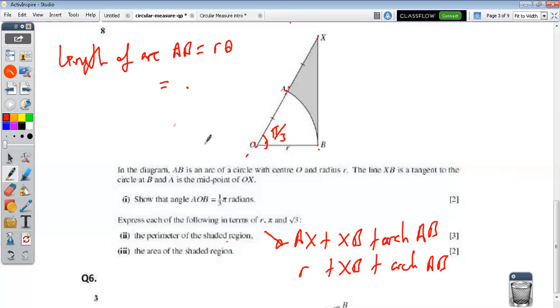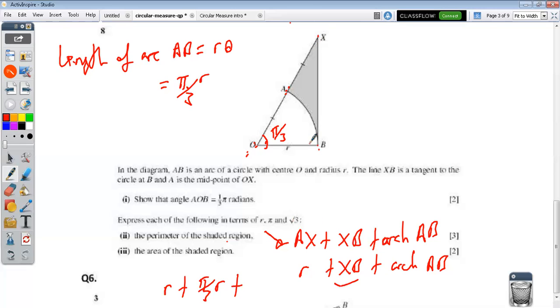So this is r, the angle we have it. So it's r theta, or theta r, it's just the same. R multiplied by theta over that is the length of the arc. So we now have the length of the arc. Now, what's left? If we go back to this formula here, we said r plus length of arc, which is pi over 3 r, plus, now we are left with